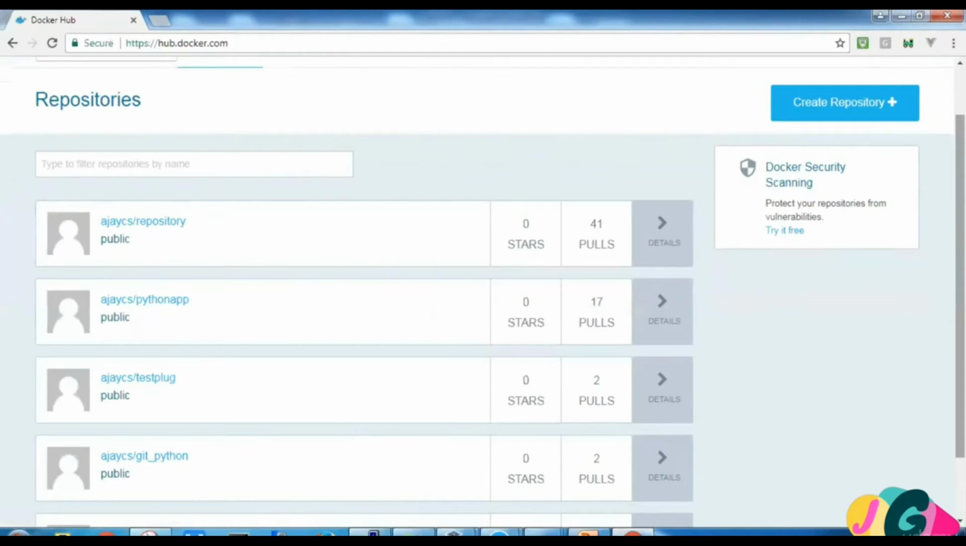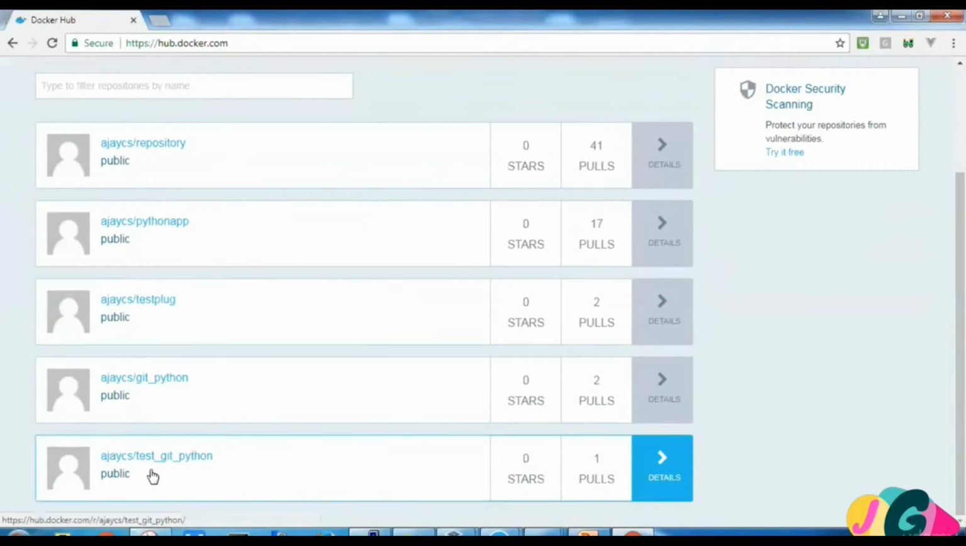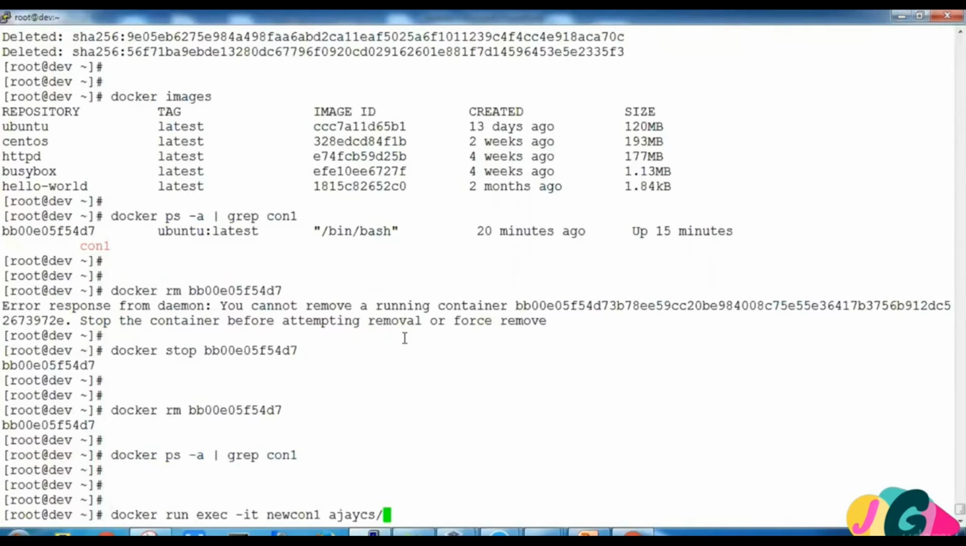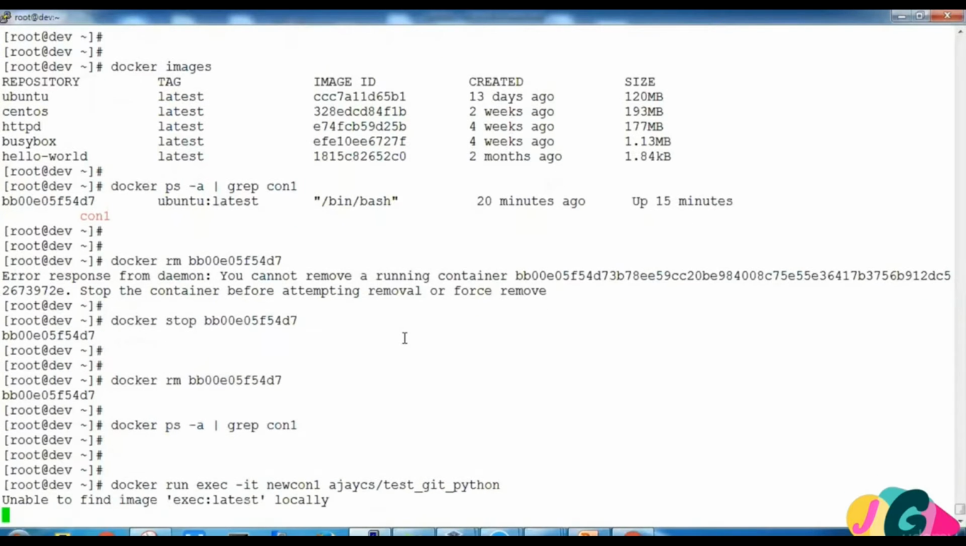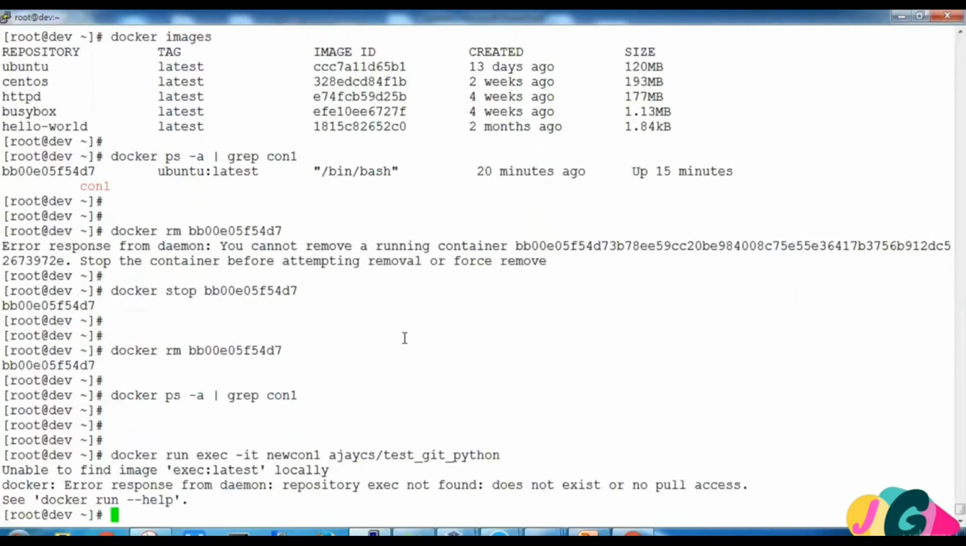So it should show. This is what we have just created with the name test_git_python. Now first it will search locally. By default it always searches locally. Now what happened, it says